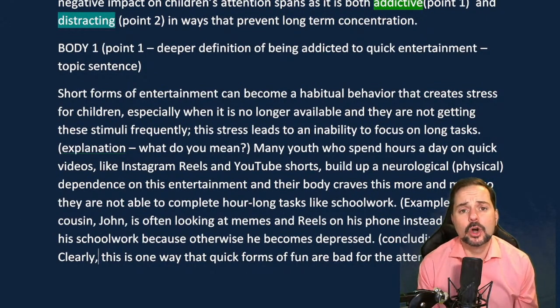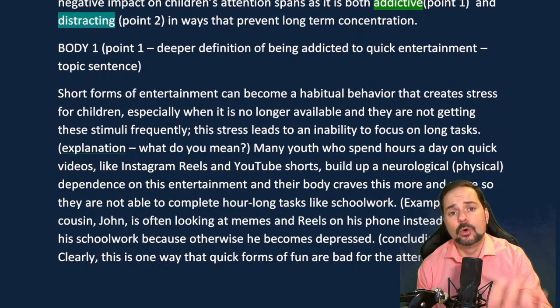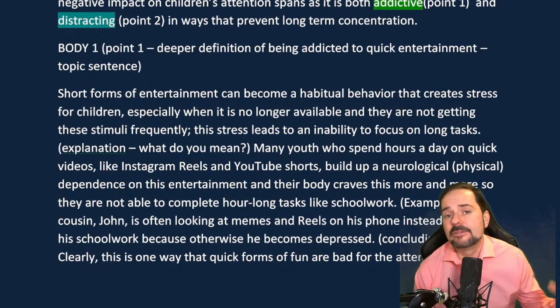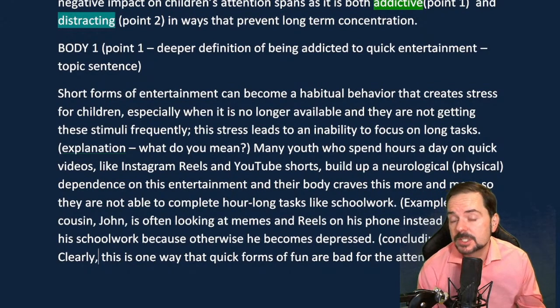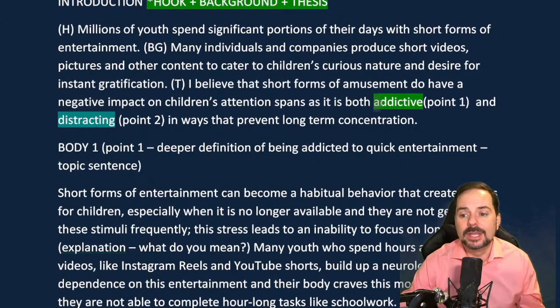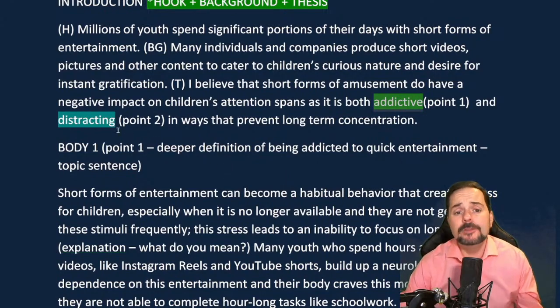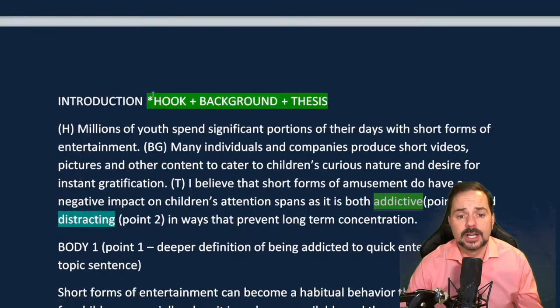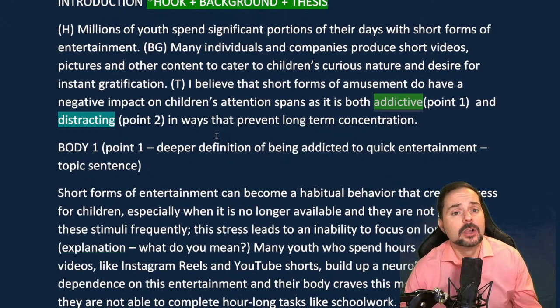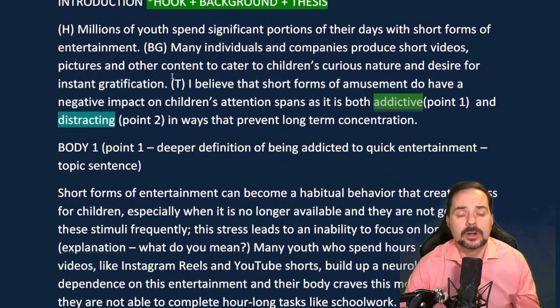And when you're doing this at home, you want to now read the whole body paragraph. Make sure that it's smooth. Make sure that you don't have repetition of ideas or words. And make sure that you have all of the topic and the controlling idea in point one in that body paragraph. Point one, again, from the introduction is that it's addictive, okay? And it's often a good idea to read your introduction together with your body paragraph one. So let me do that now, and then I'll look at some of the examples in our chat as well.